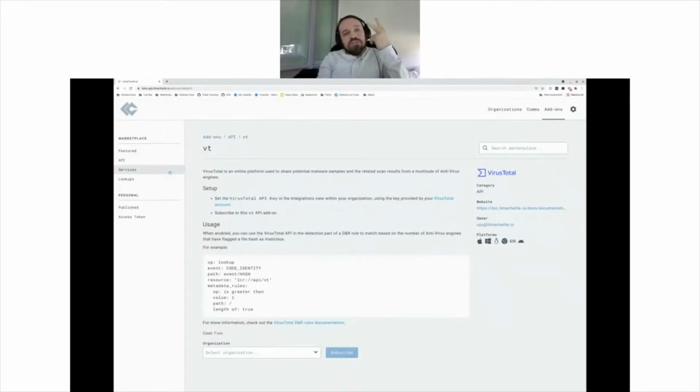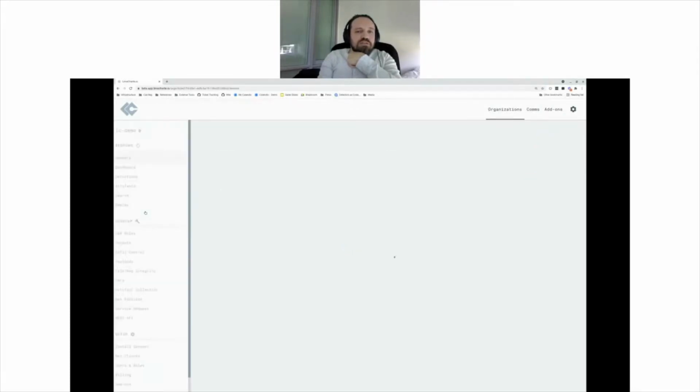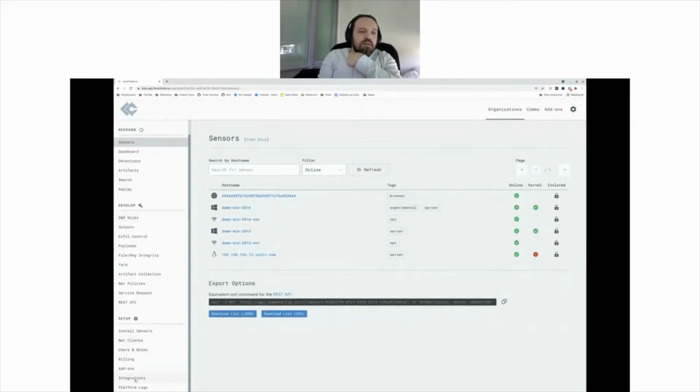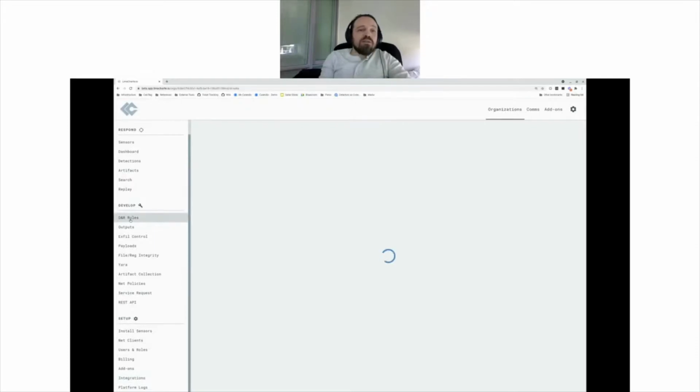In this case, there are two steps, right? We have the VirusTotal API key, and then we have the rule itself. So I will copy the rule here. And then I will go to one of my organizations and then Integrations. You can see here that we keep API keys for various integrations. That allows a specific service or API to leverage it if you'd like. In this case, I already have a VT API key set, but if not, I would just go in VirusTotal, copy, update. Then I'm going to go into my D&R rules,